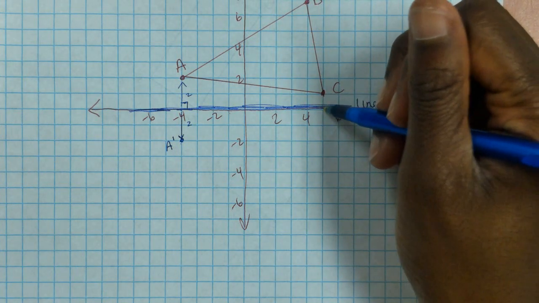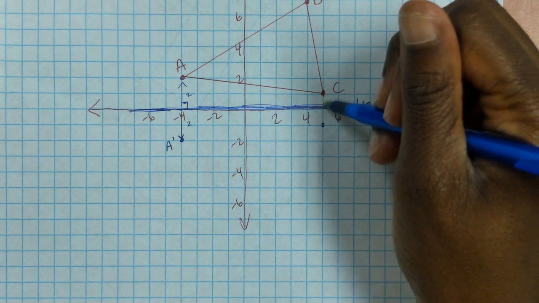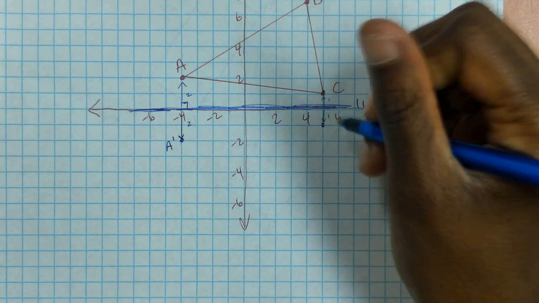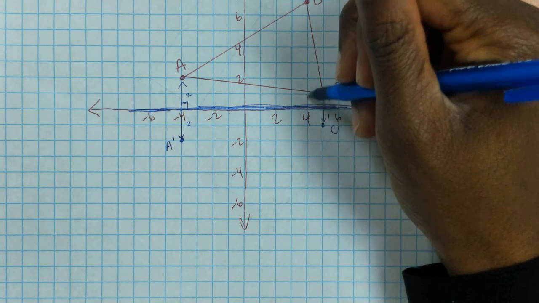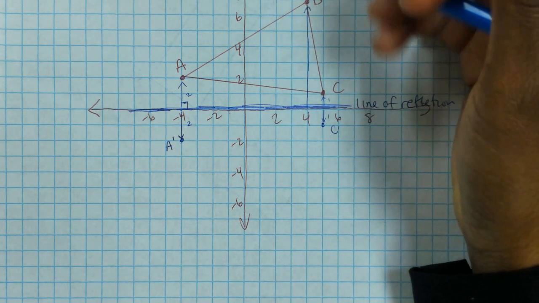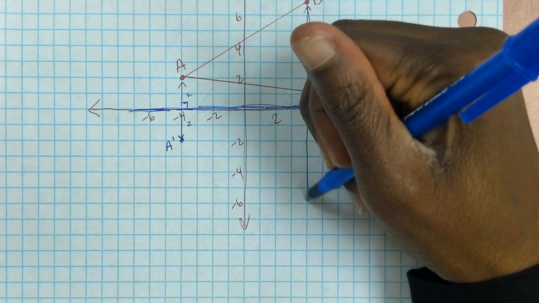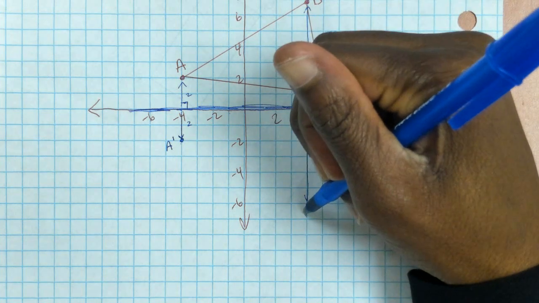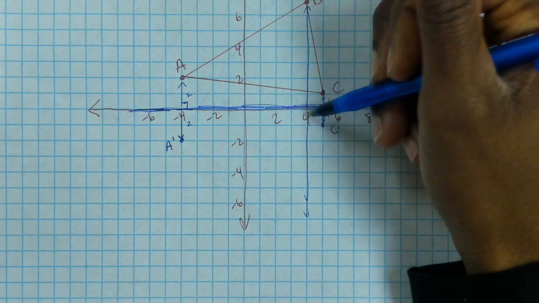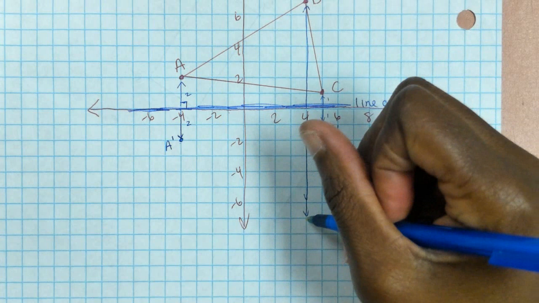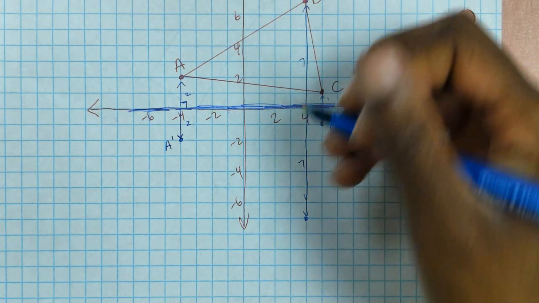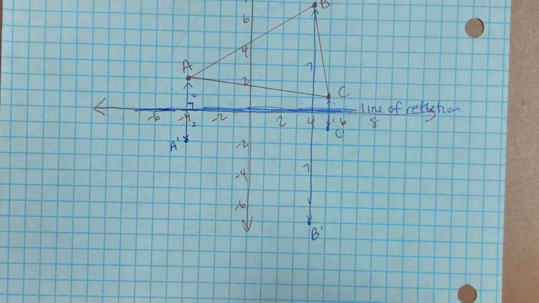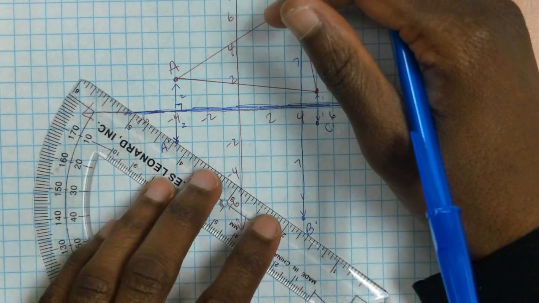Okay, 1 unit away for C, so we go 1 unit away and put C prime. And then B, even though it's overlapped in this triangle, I'm just going to go straight up to B, and then I have to go straight down to B prime. So it's 7 units up, so I'm going to go 7 units down. And B prime will be here. So when I graph it,